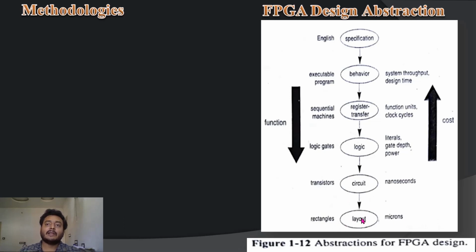This layout deals with something like microns. With transistors, you'll try to find out delays and everything in terms of nanoseconds. These are the major things we see at this level. Layout means you will look at how much area is occupied in terms of microns, and when you go for design, you'll perform TA, timing analysis, where we have something in terms of nanoseconds.